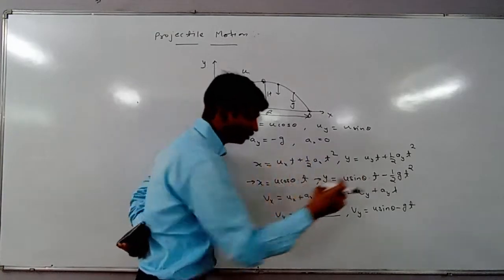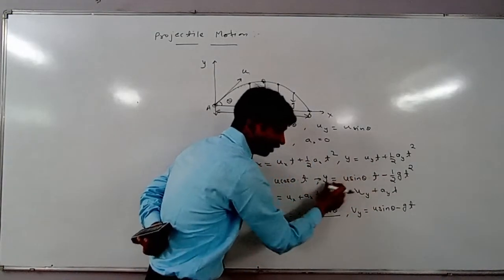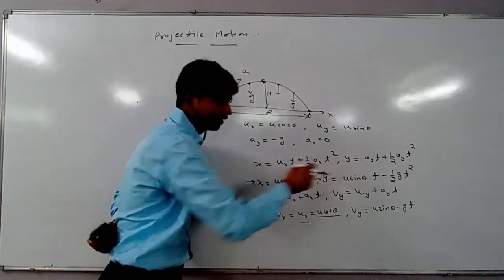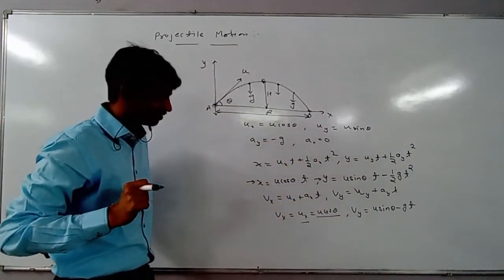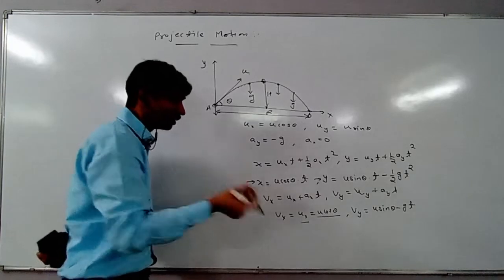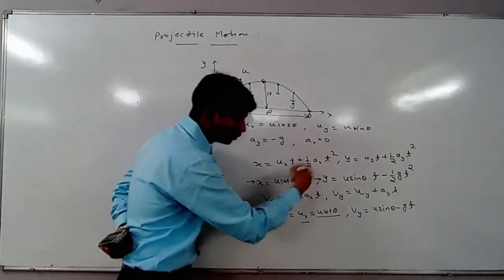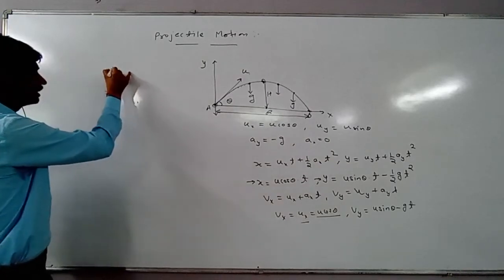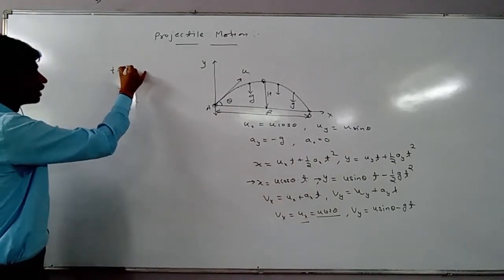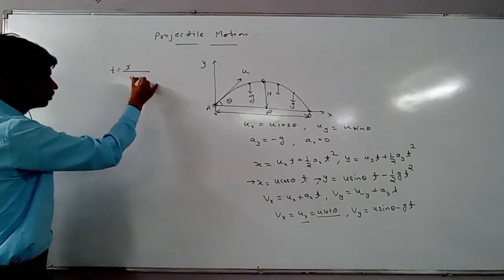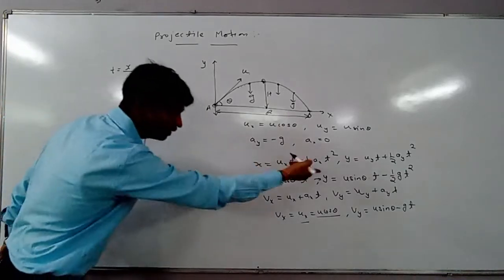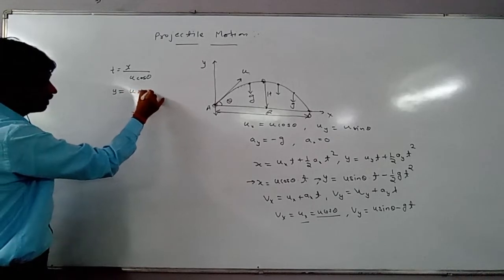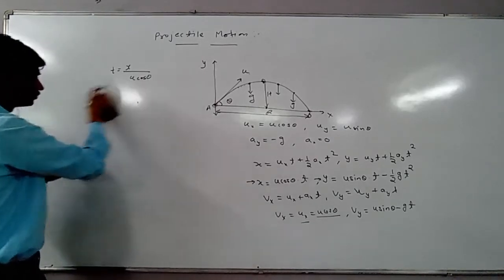We will find t from y and put it in x? No, but it's a quadratic equation, so this will be complicated. Try to find t from x and put it in y. Yes, this is easy. So t is equal to x upon u cos theta, and put it in y, u sin theta into